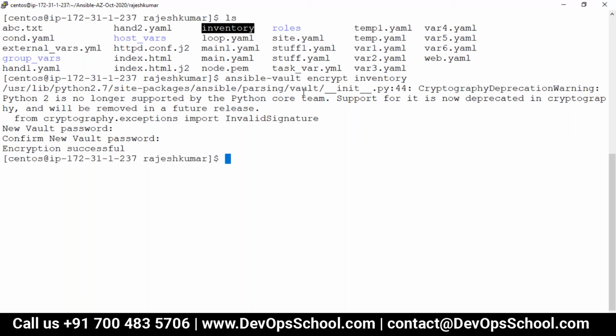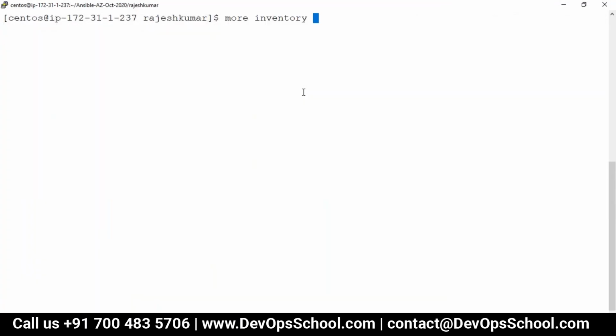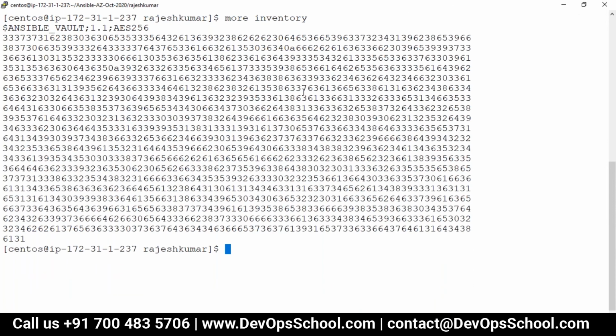When you have multiple passwords, you are encrypting some of the files which you feel have confidential information and which you don't want to share with anyone. So is that where multiple passwords come in? The inventory should have different passwords, like if I have different kinds of servers and maybe a different password for each environment. You're not getting me. I'm trying to tell you, in the inventory you may have any number of passwords, I don't care. I want to protect that inventory file from being accessible to any third party, any non-authorized person.